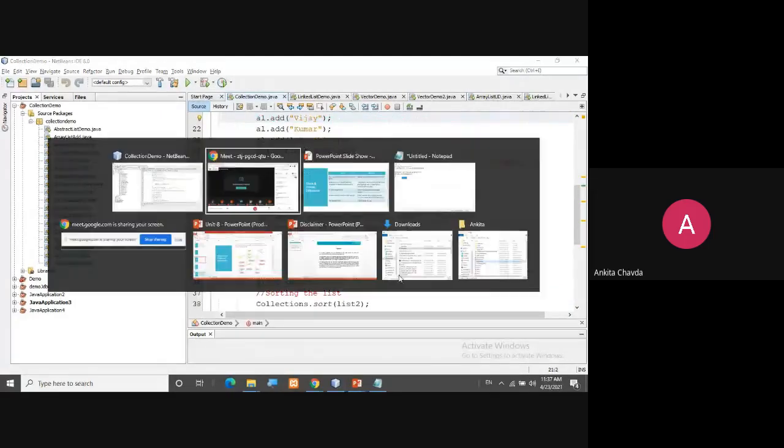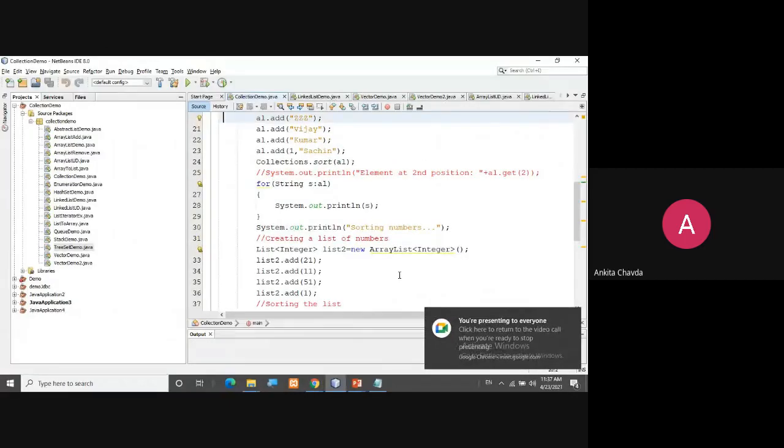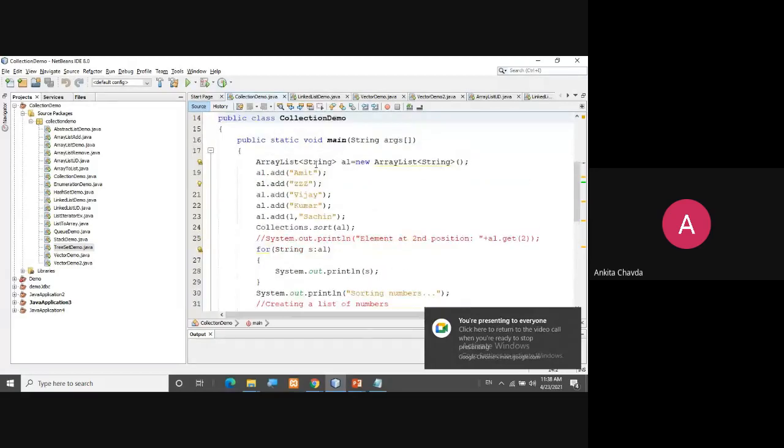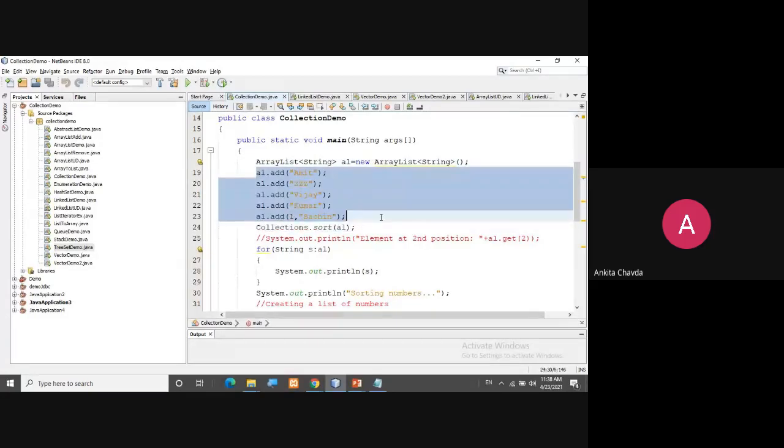How can you do the sorting of the elements? Here, if you wish to sort the elements, see here I have one ArrayList, and in this ArrayList we have added a few elements. Now if I wish to sort the elements, this sort method is a static method, so you can call it directly with the class name, that is Collections.